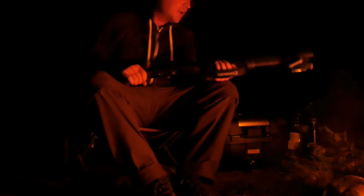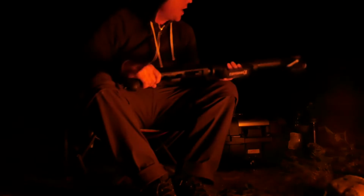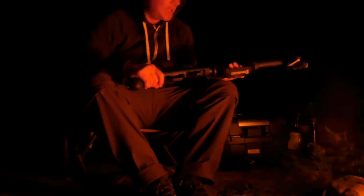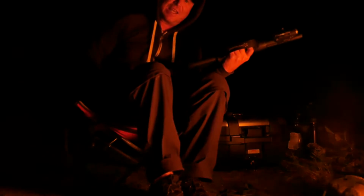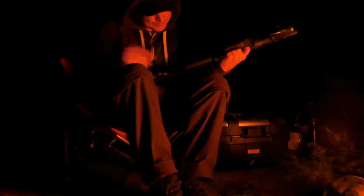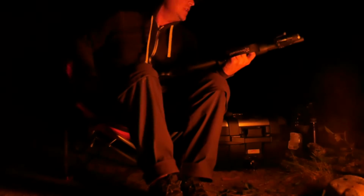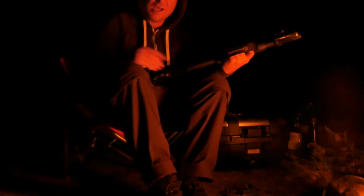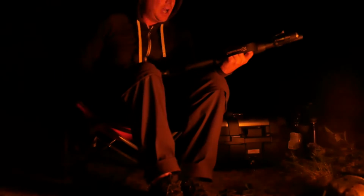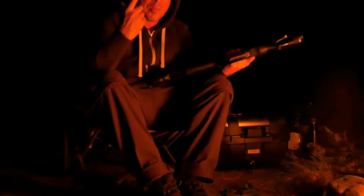Well, the campsite is magnificent, and the ride today was great, and I believe we are ready to try out the light and laser combo. Earlier I tried out the laser when it was daylight, and it's shooting a little bit low, so I don't think we're going to be shooting any precision slugs tonight, but